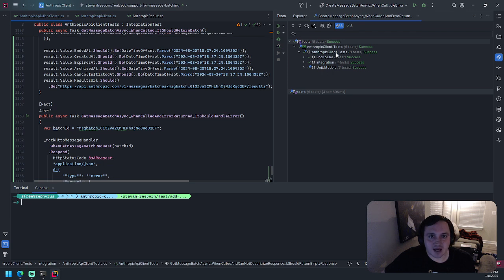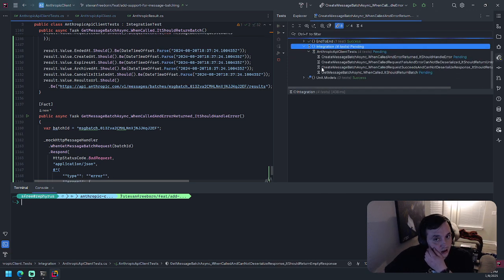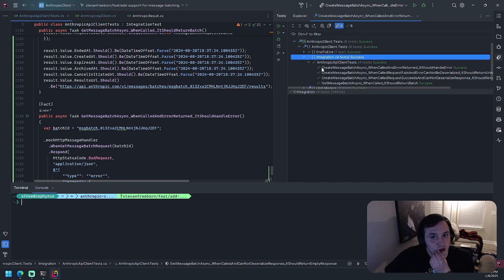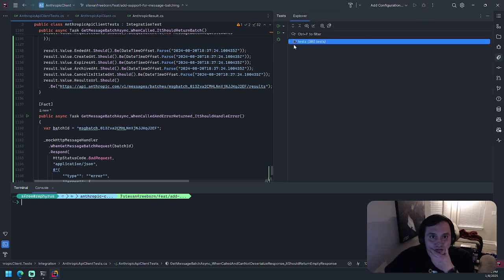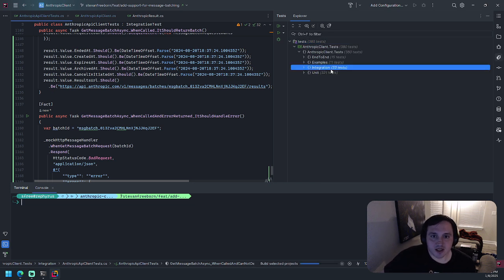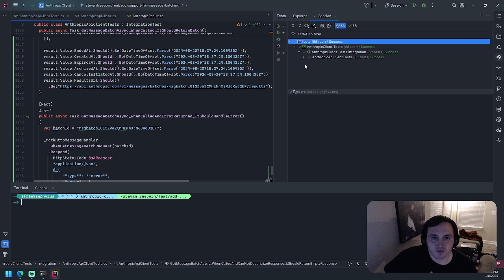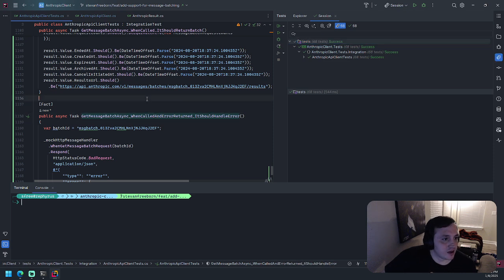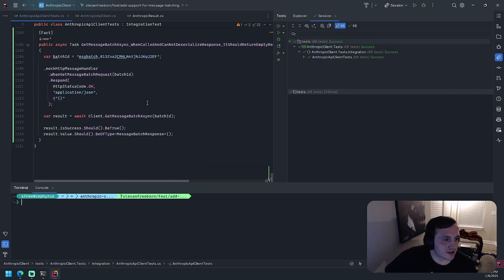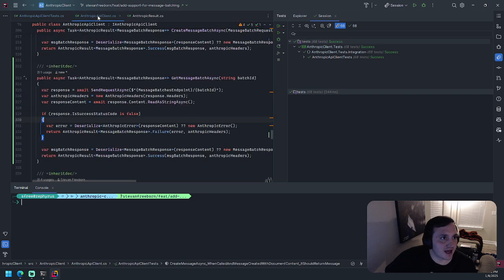All of these should pass now. Well, let's run all the integration tests. Yep, they should all pass. Okay, cool. So we've got all our integration tests for that method. Now we should just add